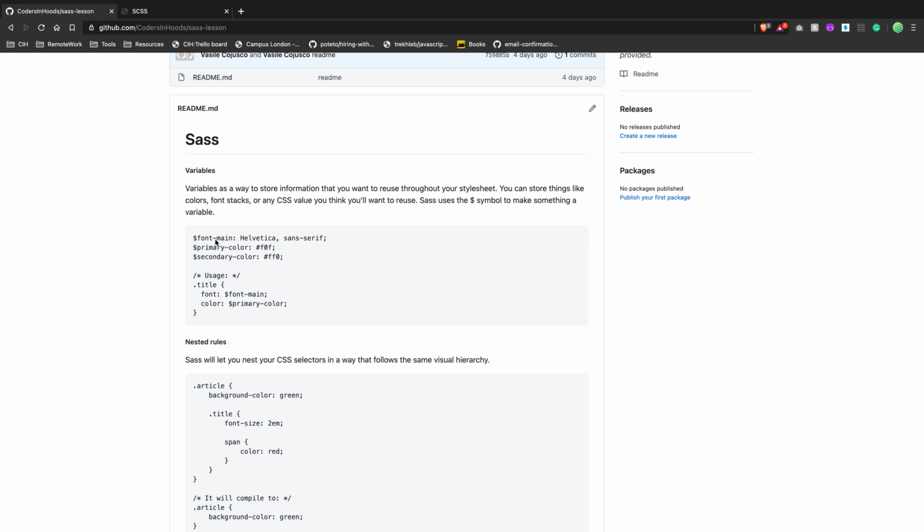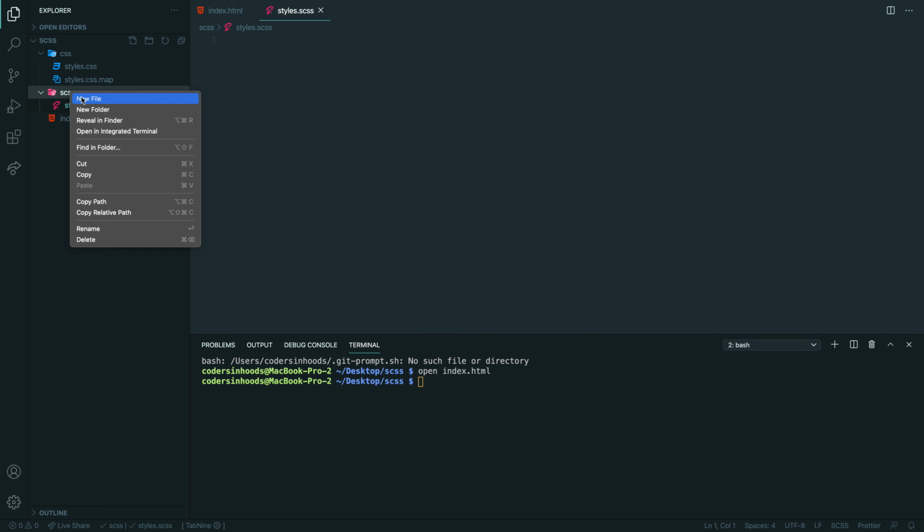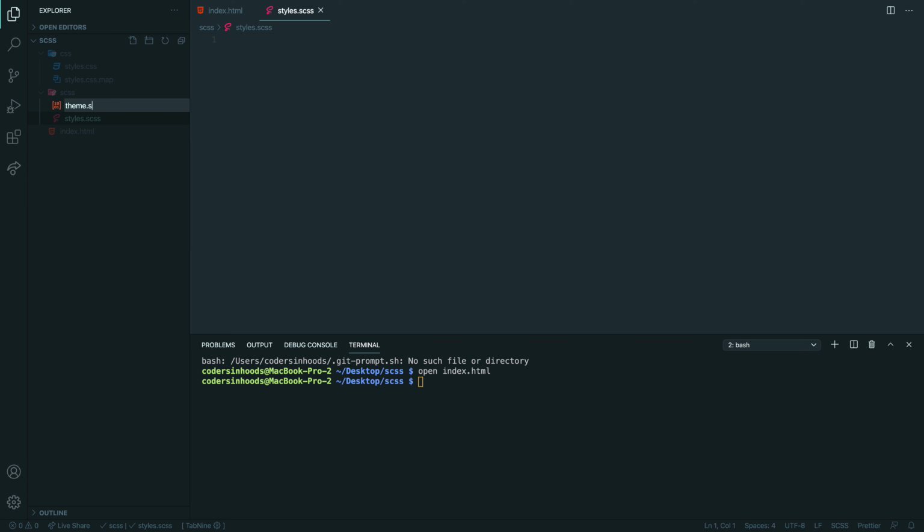So we already discussed variables last time, right? So let's actually create some theme file. Okay, I will not create a theme file, but I will show you, or maybe I will create it. So let's say styles is our main file, right? Our main file. Here we don't have anything because I just saved this empty file. So I will create a theme file. Theme, so theme scss. And here I want to create a few